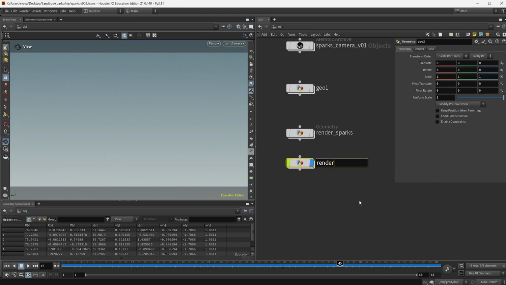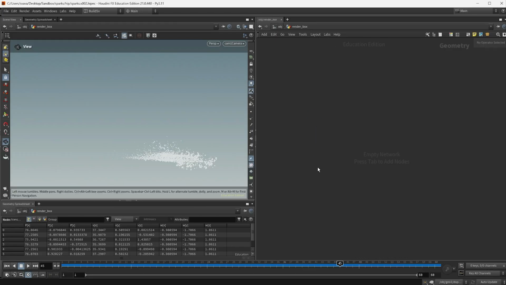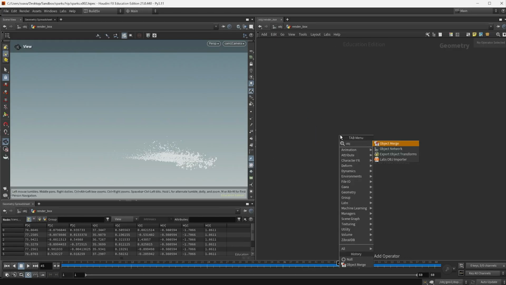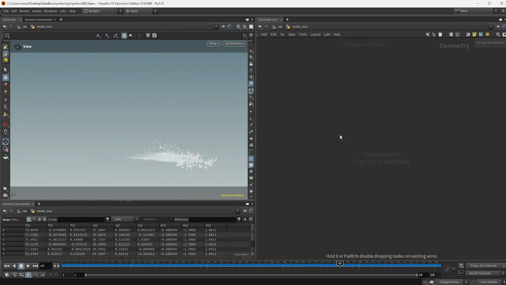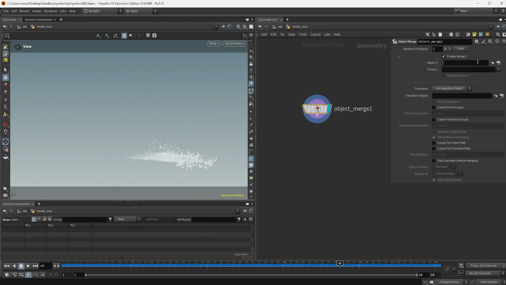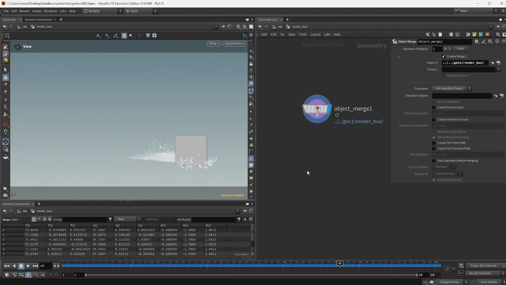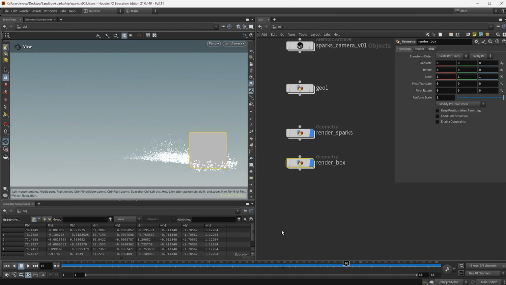Call it render box. Go inside and do an object merge. In here, again, I'm going to go out of this node, up one level, then into Geo1. And then the null is called render box. So we have both the box and the sparks.